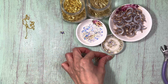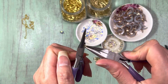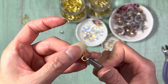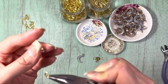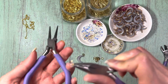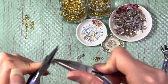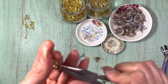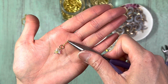All right, then I'm going to open up another jump ring. I'm going to string one side of the chain on here, and then I'm going to take a star and string a star onto there, and then we're going to close up the jump ring. So what we've done there is we've made a little hanging star charm so that there's some length there on